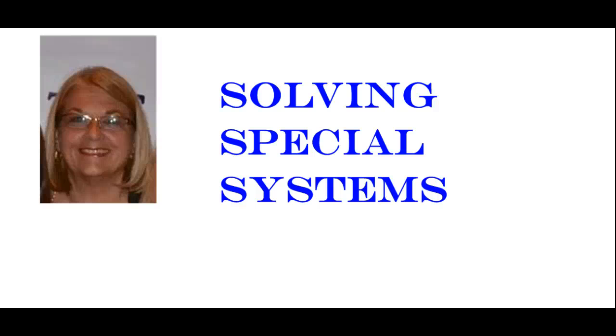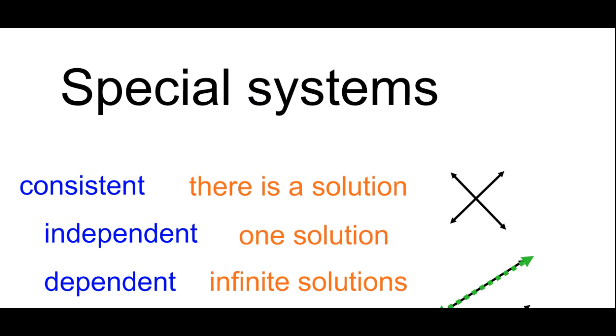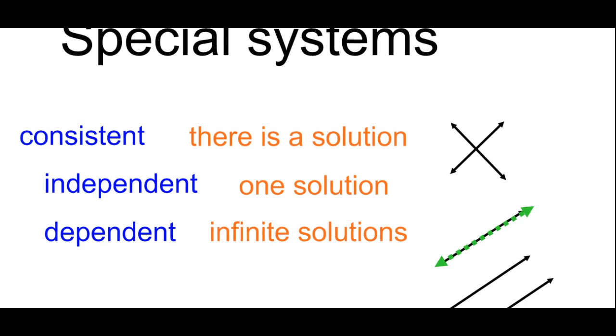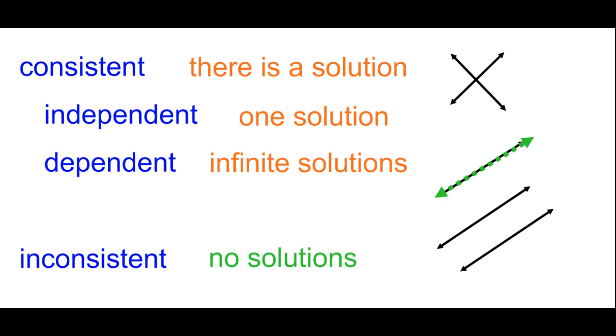We've been solving systems of equations where we come up with an answer. So we're going to solve some special ones today. First thing we're going to do is talk about classifying these different systems. There's basically two big classifications. There is what we call consistent, which means that there is a solution, and then inconsistent, which means there is